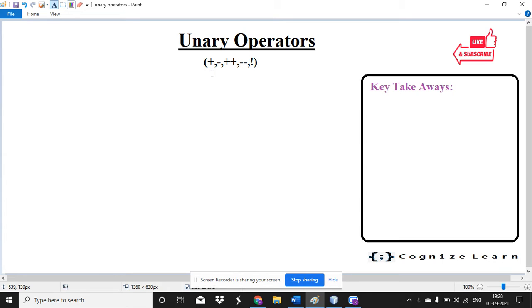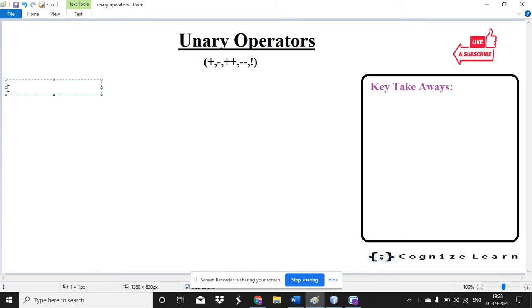and the complement operator. Okay, first we will see how plus and minus work, and then we will go with the increment and decrement operators. So what does this plus mean? What it will do is,